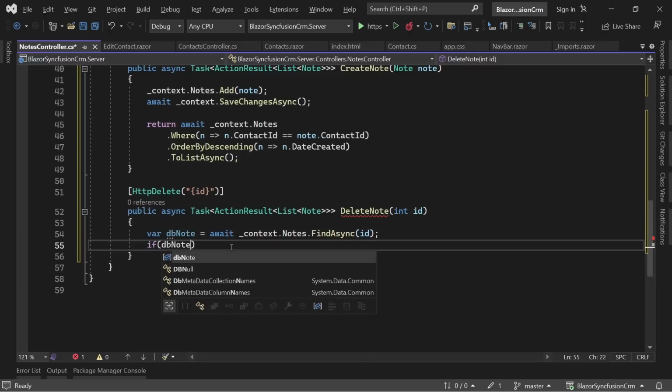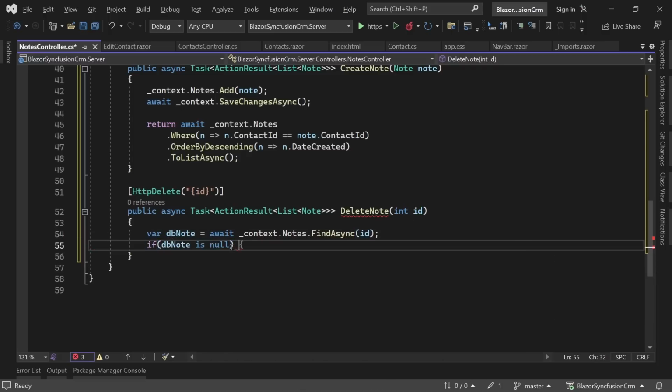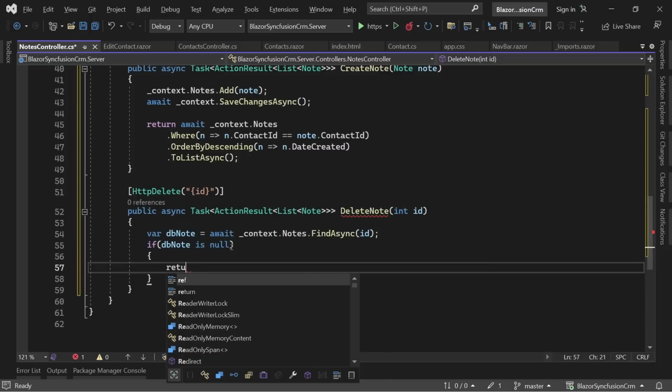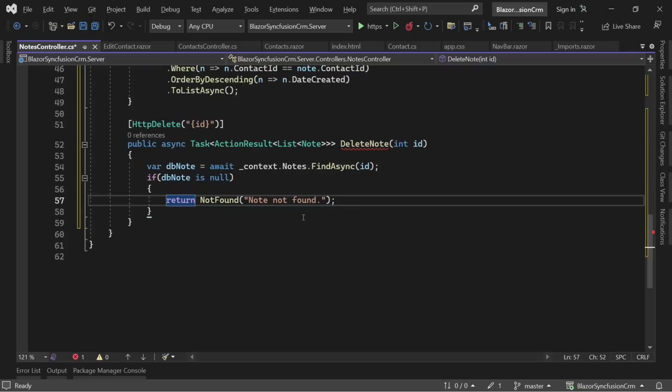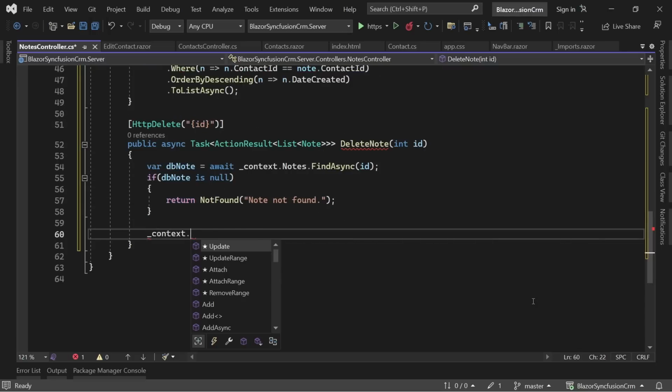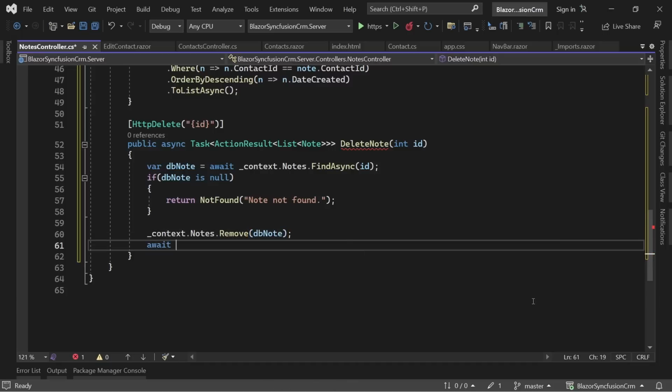If the DB node is null, then we return not found, node not found. All right. And then we say this time nodes remove the DB node and await context save changes